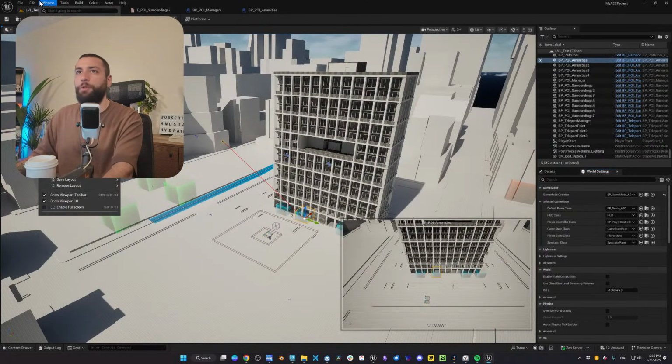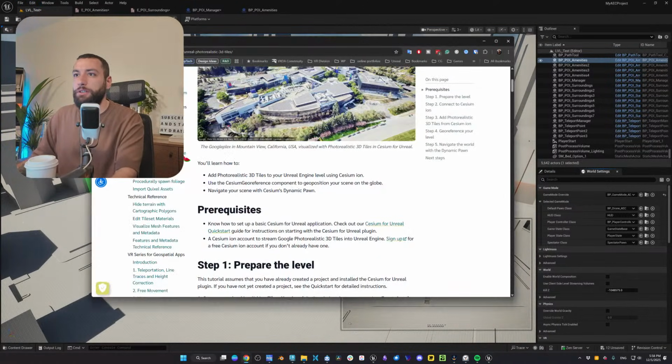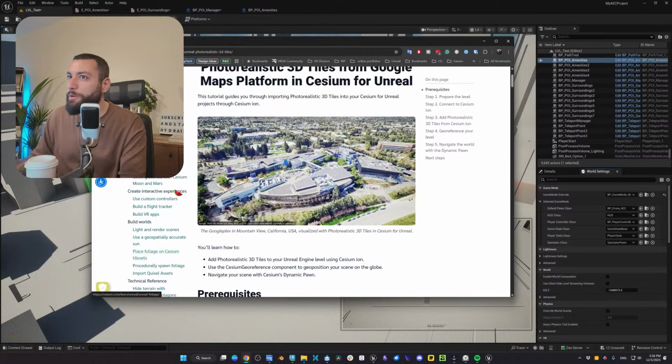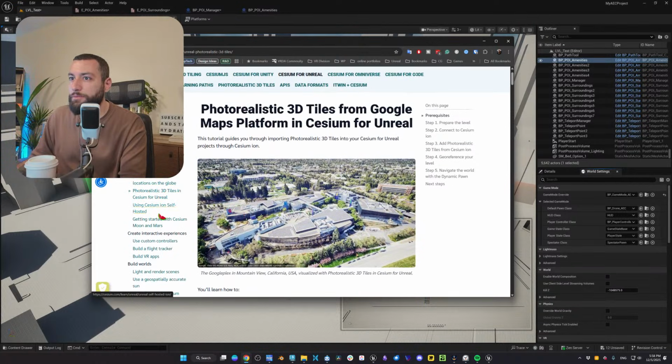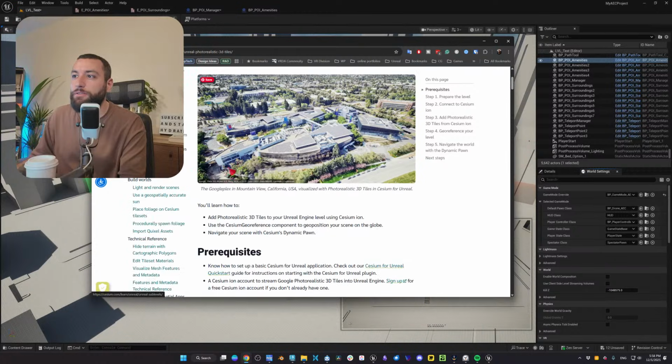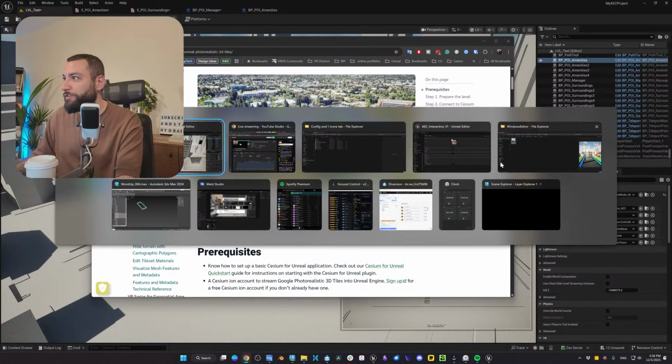I don't have Cesium on 5.7 now. There was a setting. I'm trying to remember that. Let me see, do I have 5.4 open?